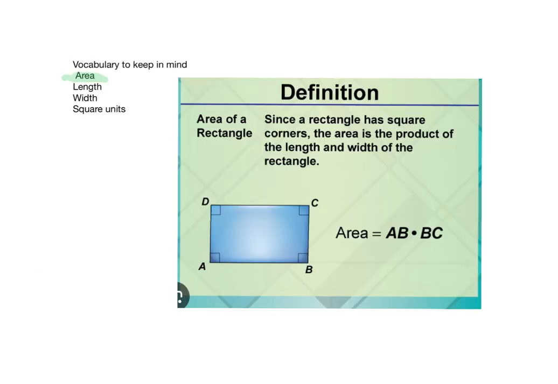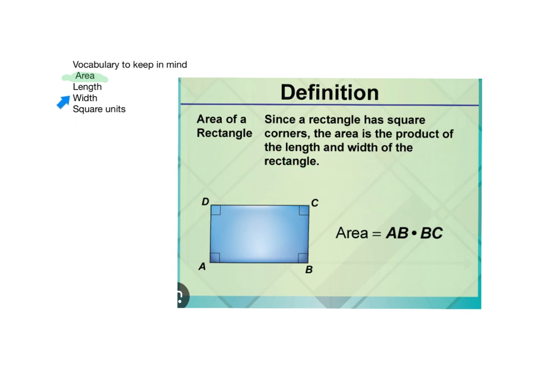We're going to start off with some vocab to keep in mind. We're going to start with area. Area is of a rectangle. This one in particular, but area, we're going to stick with rectangles because that's mainly what the lesson's on, but area can be for triangles and that, but we'll stick to just rectangles. So since a rectangle has 4 square corners, the area is the product of the length and the width, which